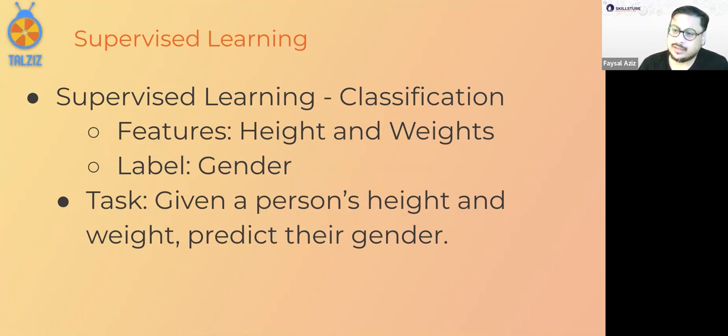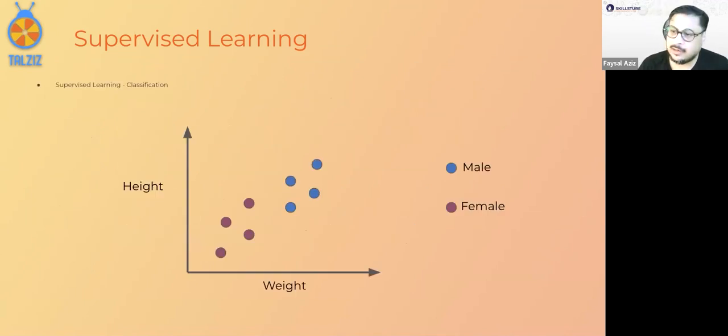So for instance, let's take this example, supervised learning for classification, which means non-continuous data. So the features are height and weight. Is it possible to determine someone's gender with height and weight? Perhaps it is. Let's take a look at this plot.